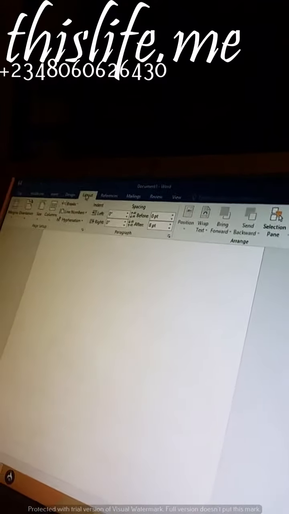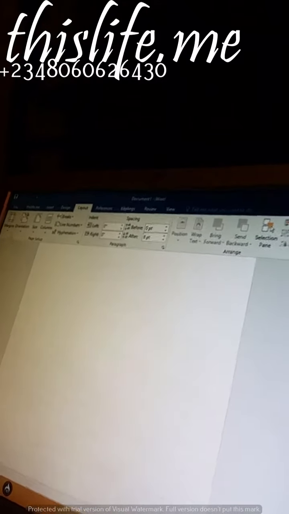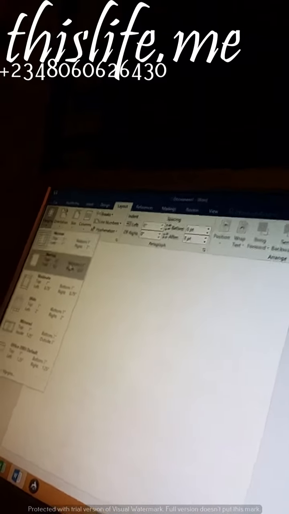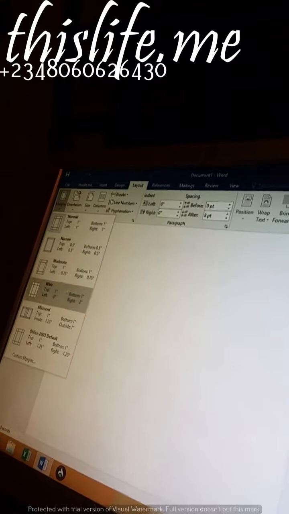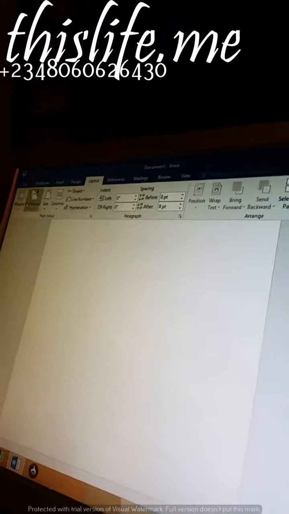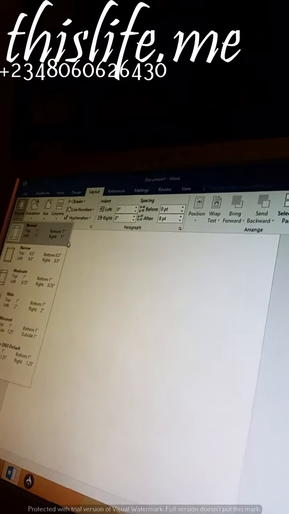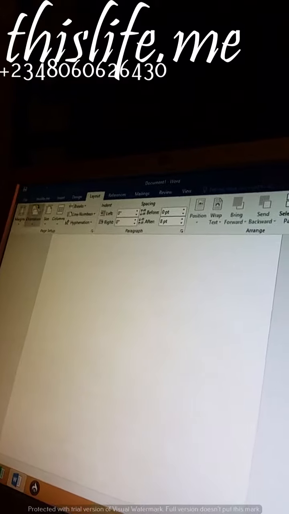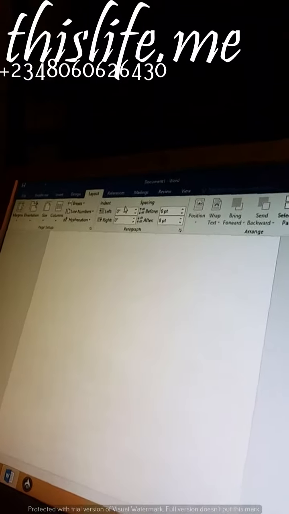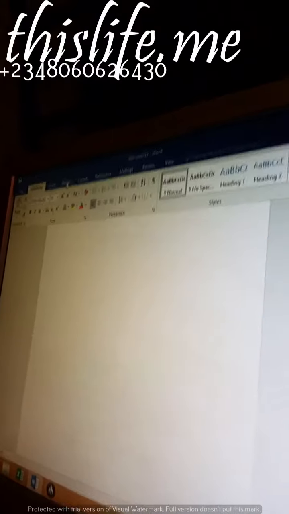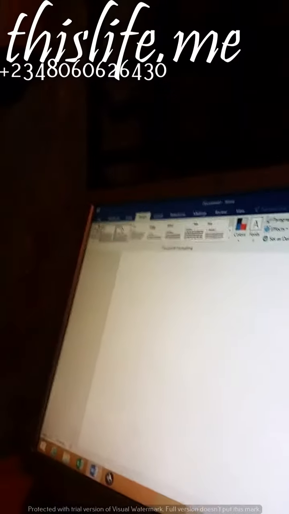On the Layout tab, under the Page Setup group, you will notice what we call Margins. Clicking on Margins shows a pop-up of the most frequently used margins. Margins, as the name implies, are the outside border of the page that you are not expected to type on. The reason is that the printer cannot reach the extreme edge of any paper, since it has a hand that is used to hold the paper. Apart from that, it is not proper to start typing at the very edge of the paper. This is why the word margin is very popular in Microsoft Word.